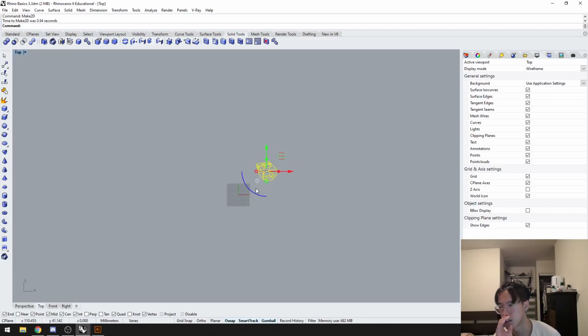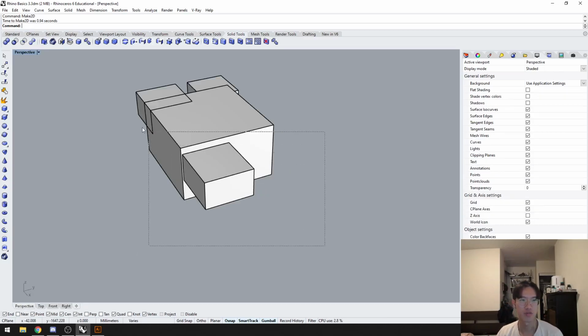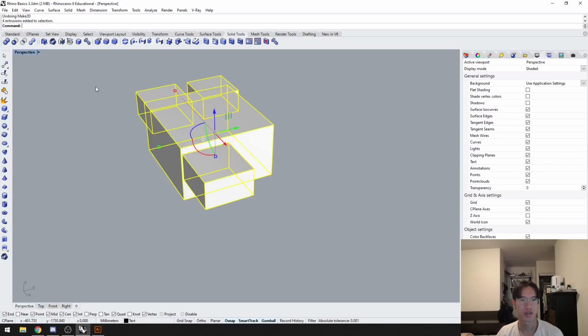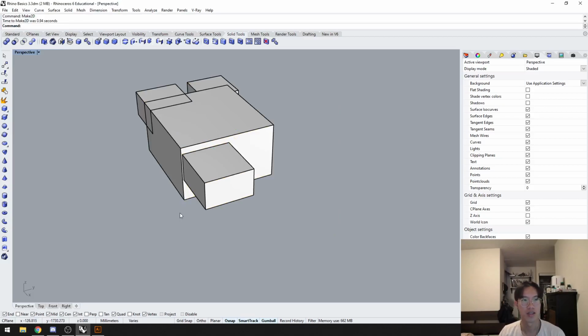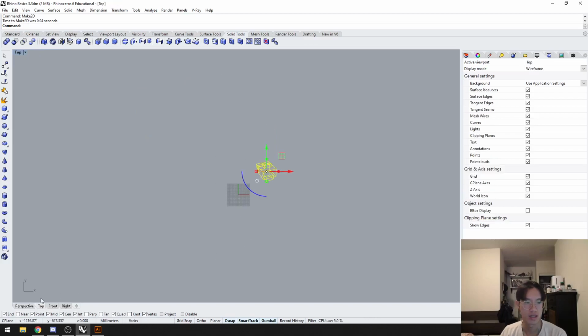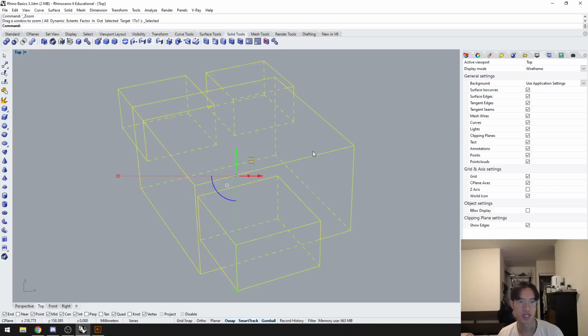There's a certain logic to how it places it, but I don't remember how to describe it. But if you're ever lost and you can't find it, once you make 2D, I'm just gonna undo it. So if you make 2D, it draws it. Immediately after you make 2D, your lines are actually selected. You see that this is selected if I go to the top view. If it's really small and I can't find it, it's already selected. You just don't click and then you just do ZS, which is zoom selected,